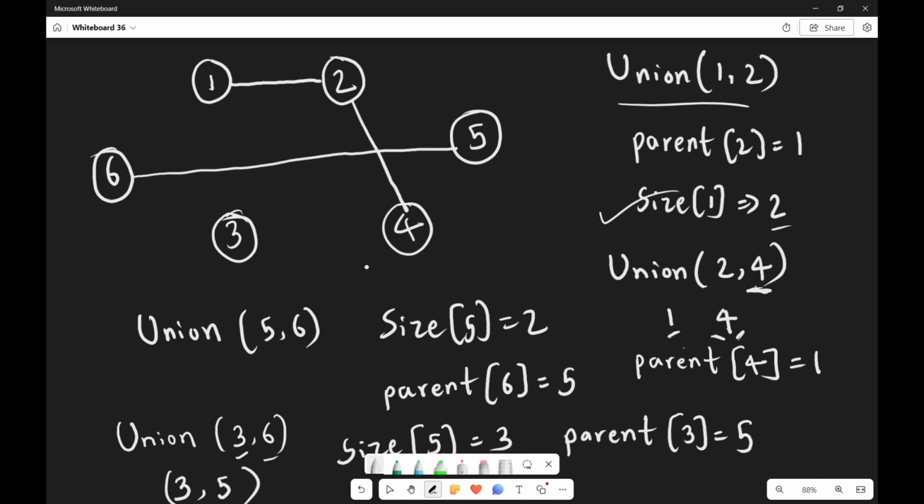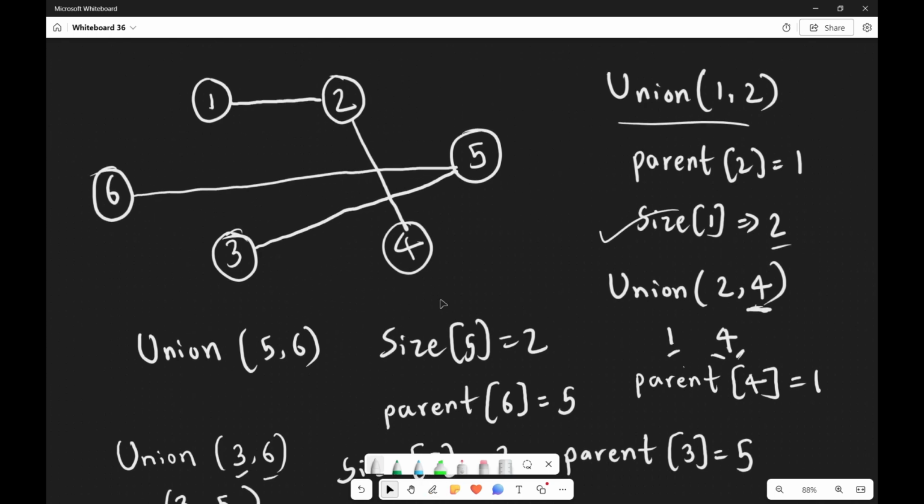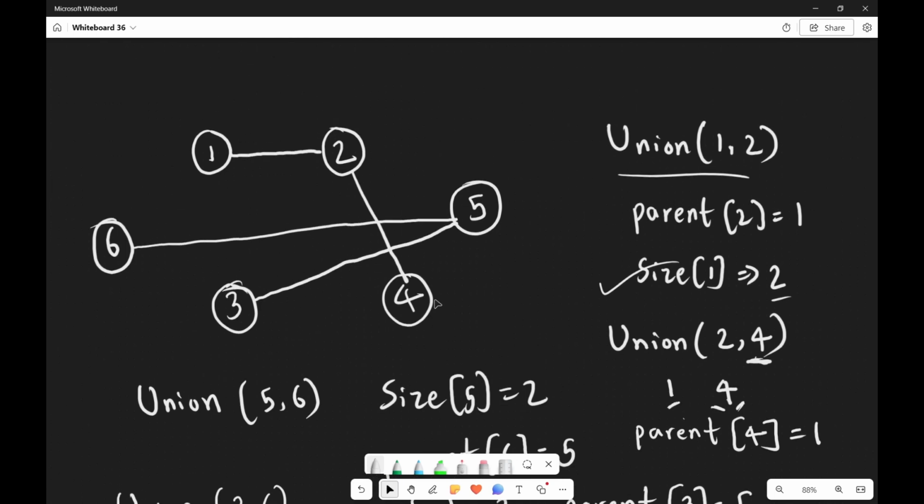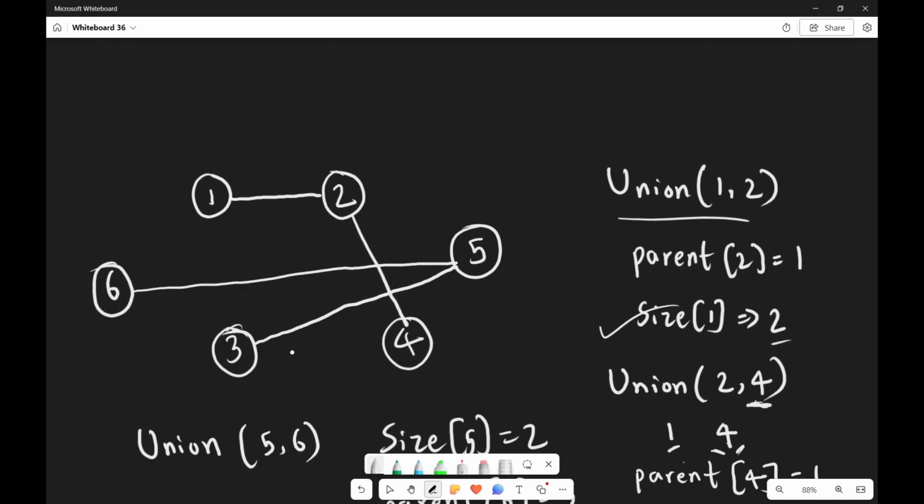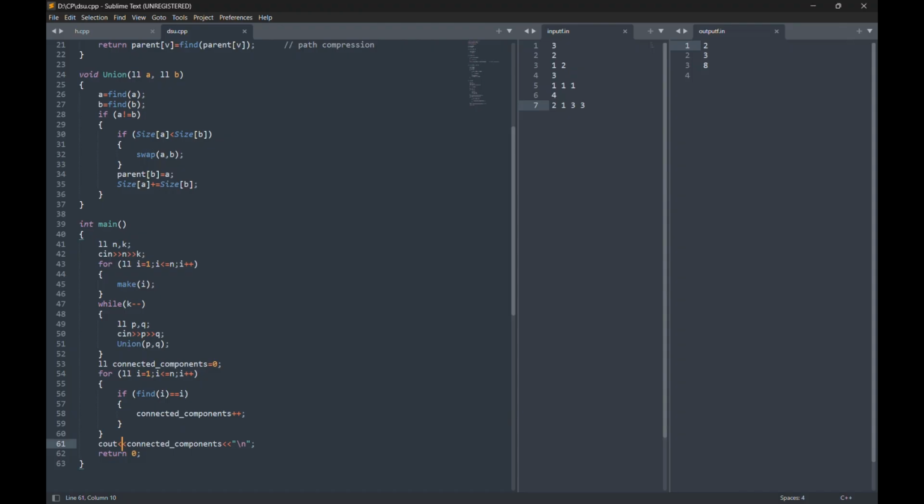Now the part of counting the connected components. I've done union of 3 comma 5. Now it's time to count the connected components. Suppose I didn't do union of 3 comma 5, and instead I did union of 3 comma 4. To count the connected components, we will run a loop from I equal to 1 to n, and